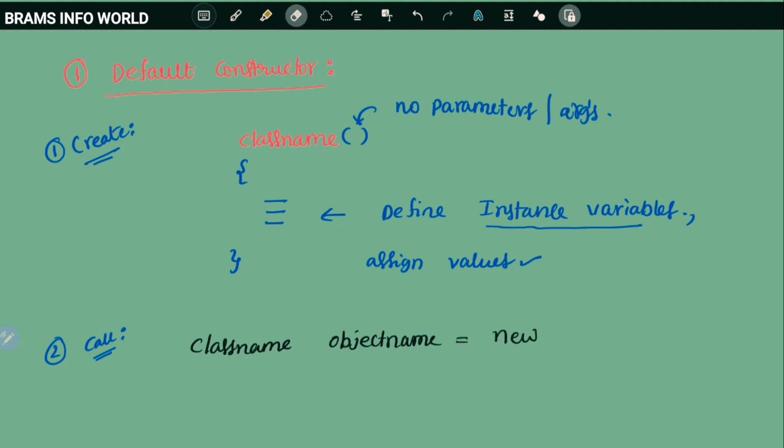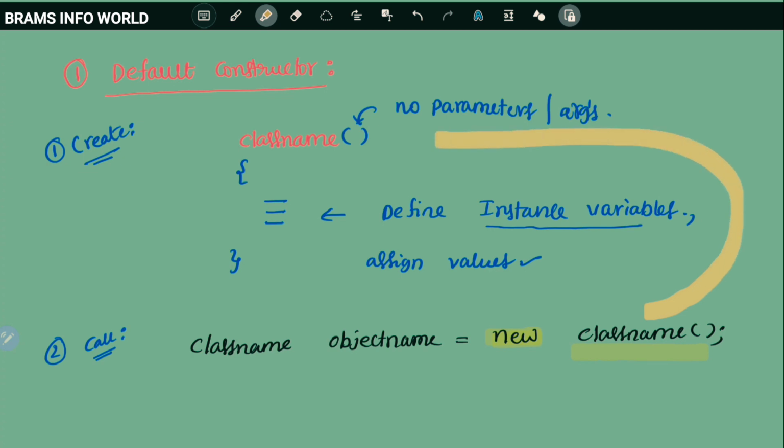New is one type of keyword used to allocate the memory, and again we have to define class name with parenthesis. Whenever you create this, the constructor automatically calls. So this is the way we can call the constructor.